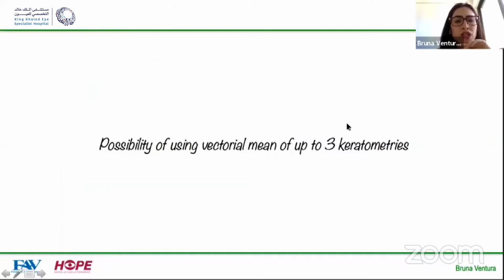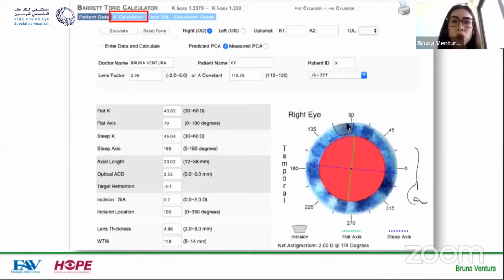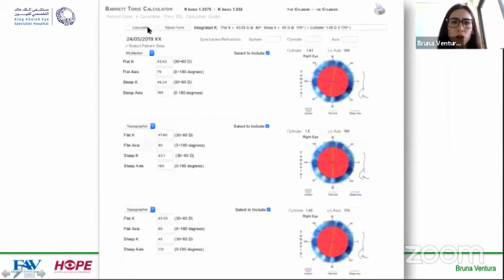The Toric calculator enables us to use up to 3 keratometries if we want to, which is a very interesting tool. So you just need to come here and it opens this other screen where you can put, let's say, 1 keratometry that you obtained with your IOL Master, a second keratometry which you obtained with a topographer A, a third